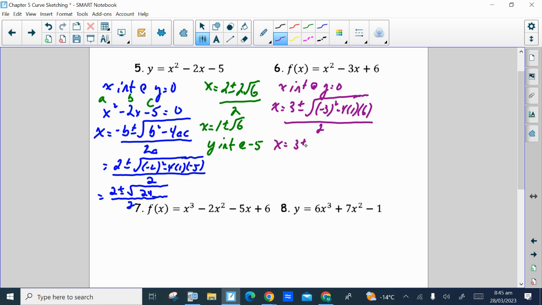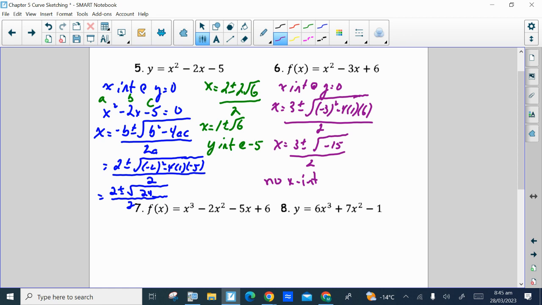So this will give us 3 plus or minus, and now when we do the radicand, which is the number under the radical, negative 3 all squared is 9, it's going to be 9 take away 24, which is negative 15. And because you cannot take the root of a negative number, there are no solutions. There are no x-intercepts for this graph, which means that